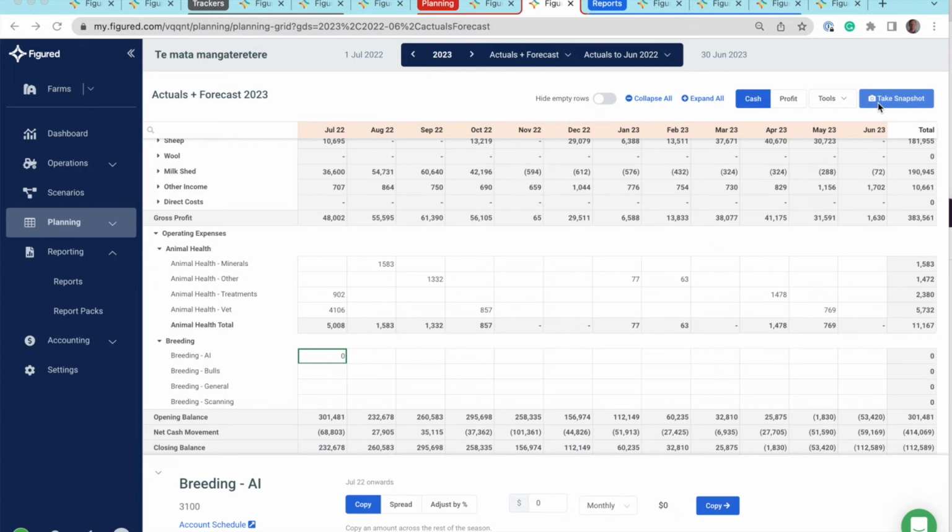Snapshots live in your reports. Once you've taken one, you can report back on it with a range of different options. For example, taking a snapshot now and then comparing against what actually happened with the actual Xero data at the end of the season. You can take as many snapshots as you like, and as you cannot edit a snapshot,